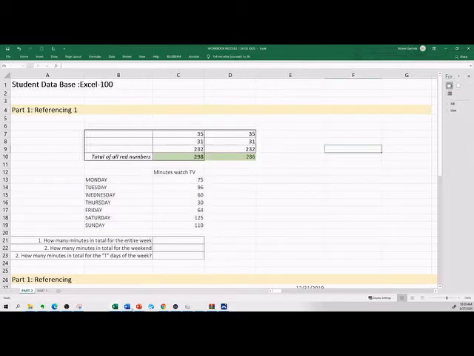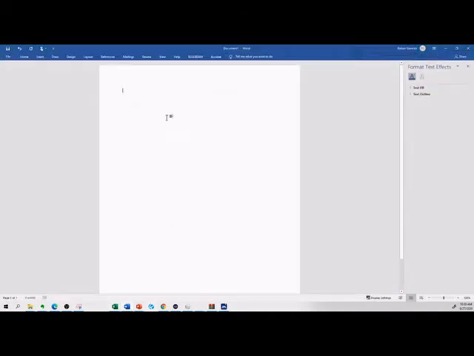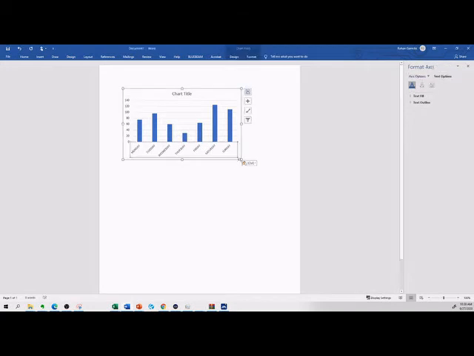If you cut, it's on your clipboard. Go to the Word document, you can right click and paste, and you have it there, and you're able to manipulate the shape and all of that. So that's how you move a graph from inside of Excel into Word or PowerPoint, where you might need the